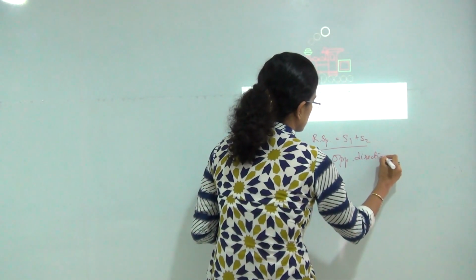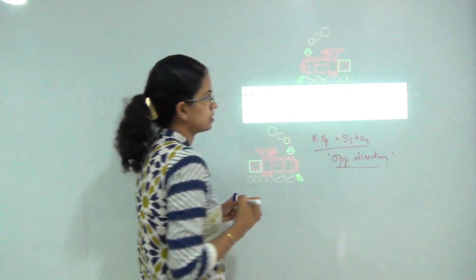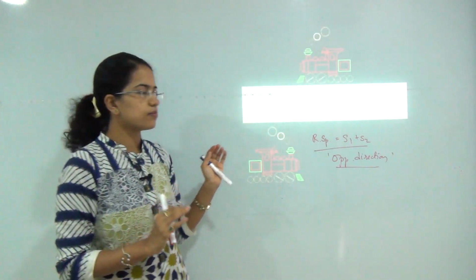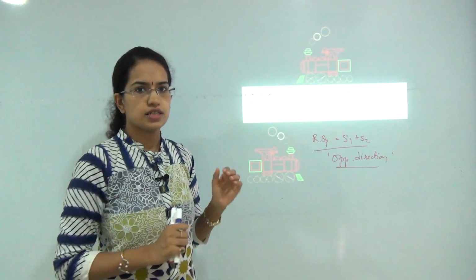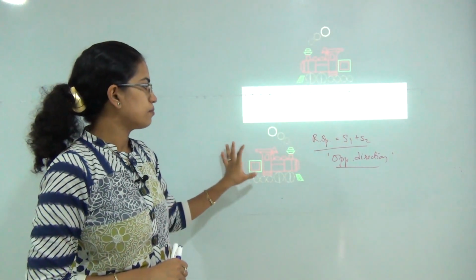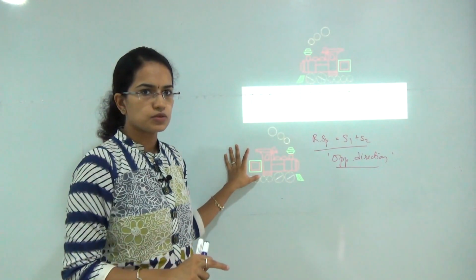So this was the basic essence of solving the problems related to train. We would be covering further problems on relative speed and problems related to upstream and downstream boats in the next